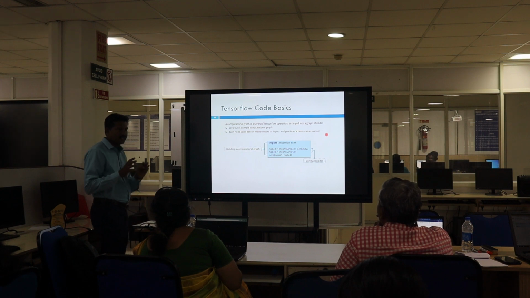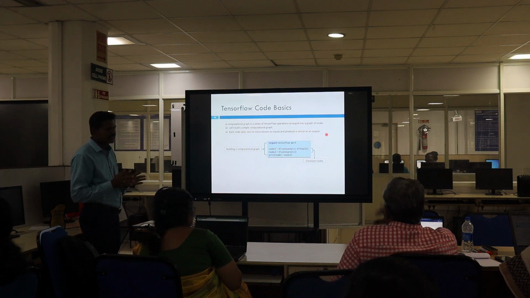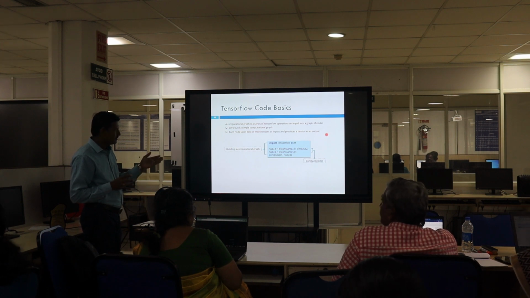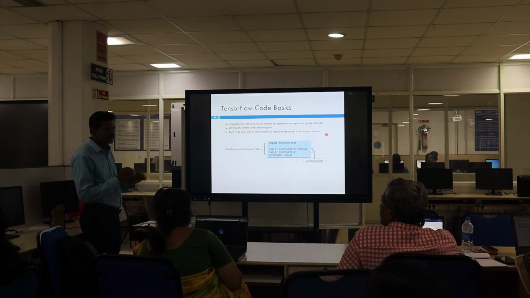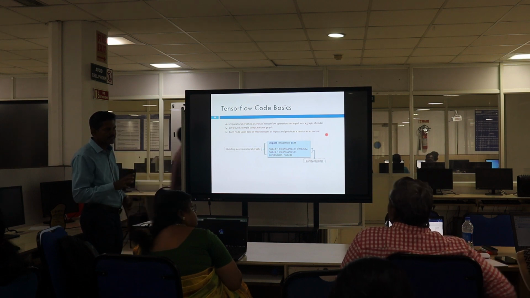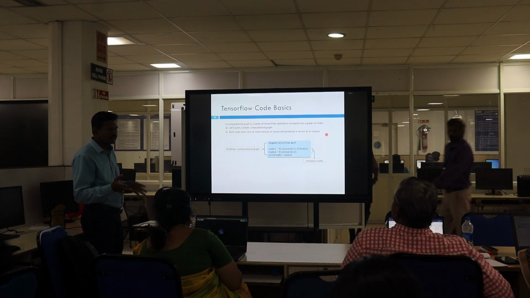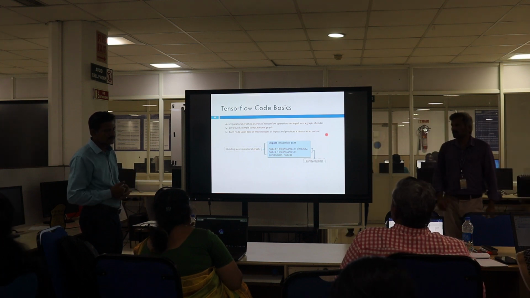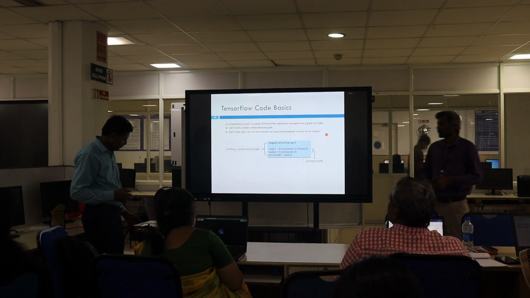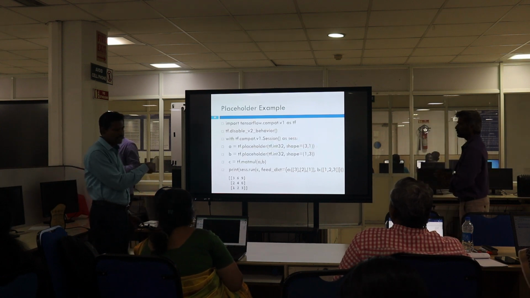If you take an image, that has two dimensions. But here we are simply using variable A and variable B, addition of two numbers like that. We are not going into a dimensionality problem. So this is a simple program. Later on we will go with one dimensional and two dimensional. This is the two dimensional matrix.